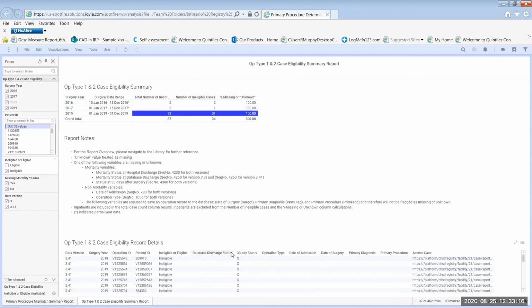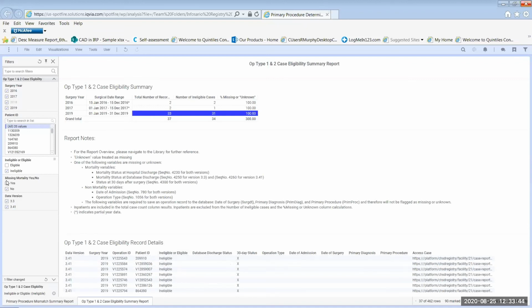Each one of those variables is a column, and there's an X marking exactly which variable was missing. It could be one or many. So you can quickly see at a glance that this record was ineligible because we're missing the 30-day status variable. There's also a hyperlink to that case so that I can click on this link and be taken to that exact case so I can review it in its entirety.